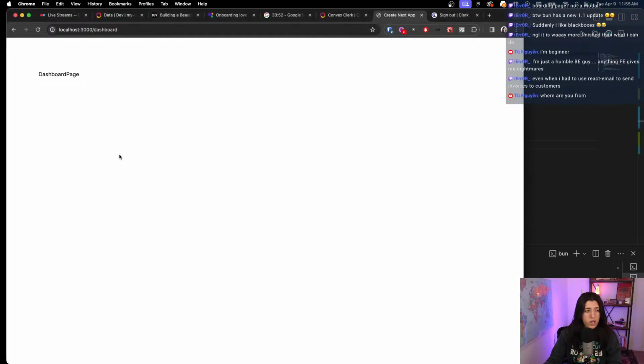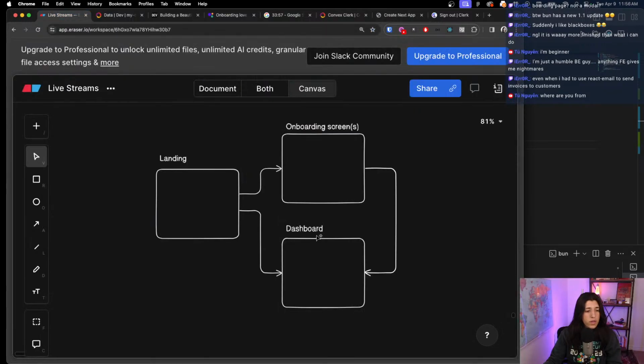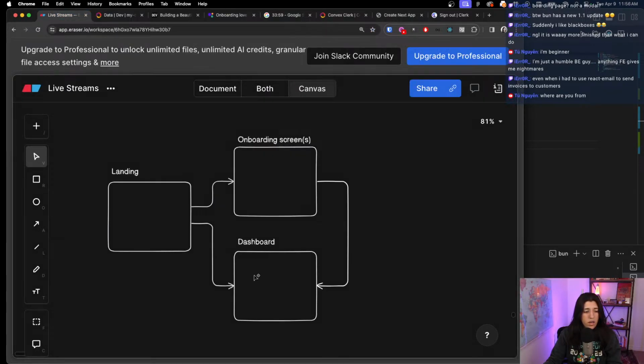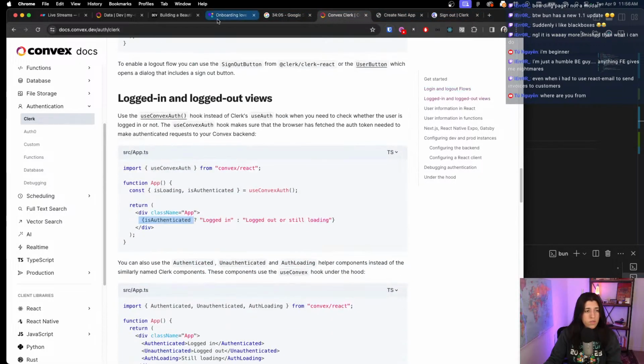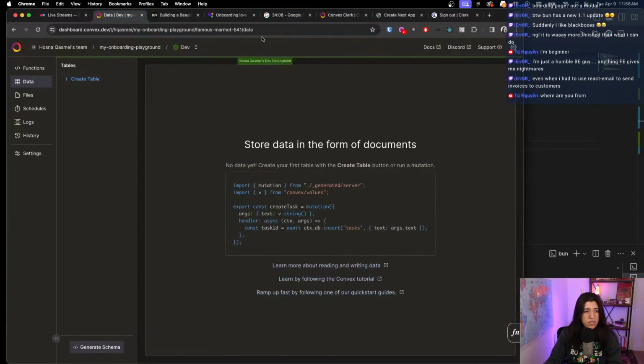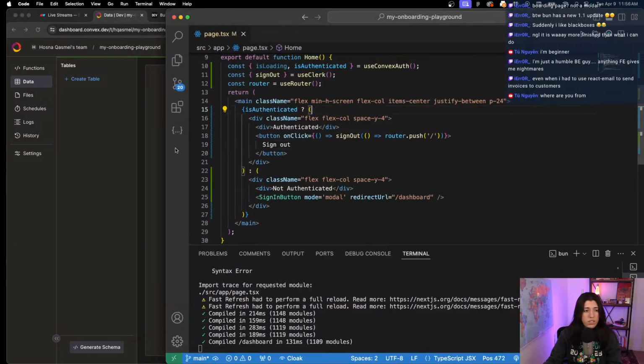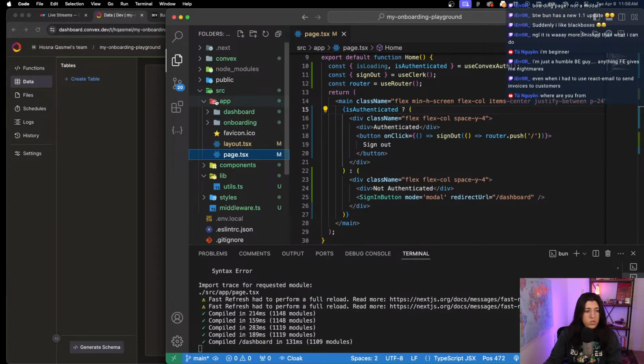Okay, so that's what happened. What did we get? If we go here, we're on the landing. Right now we're just going straight to the dashboard. We're not storing any of our user information inside our database yet. We have to do that. So to do that,